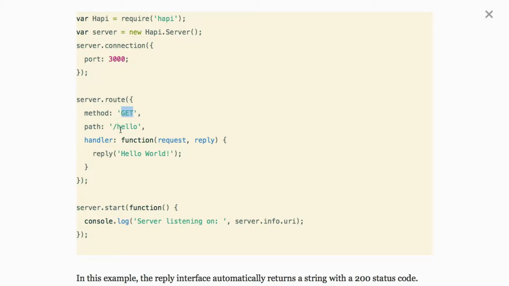You pass a method, which is your HTTP verb, the path that you want to listen on, and you give it a handler function that has a request and a reply object. And so, you can do all this in Node, yes, but you have to do a lot more. So Hapi's really wrapping up a lot of this stuff for you, making it easier and nicer. Like your request and your reply objects already have some things built in that you would have to include with